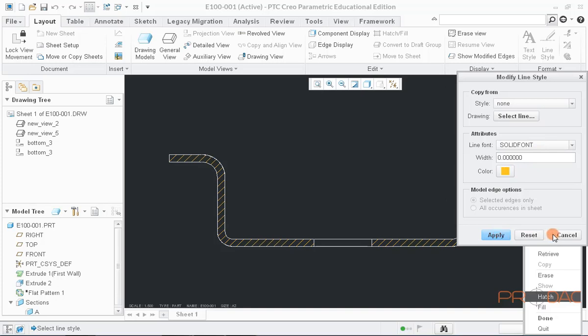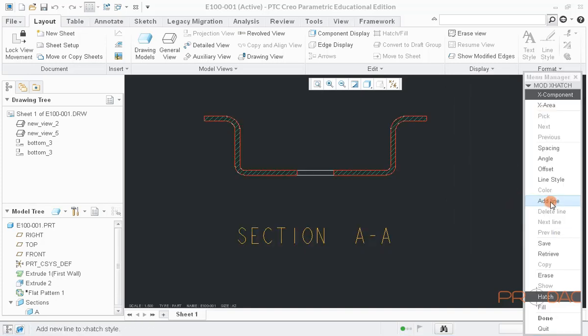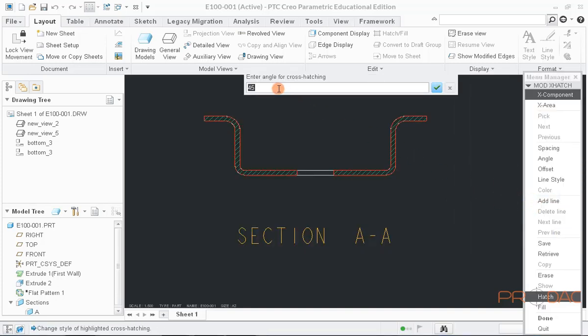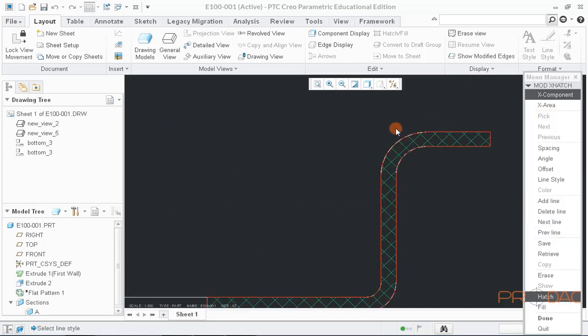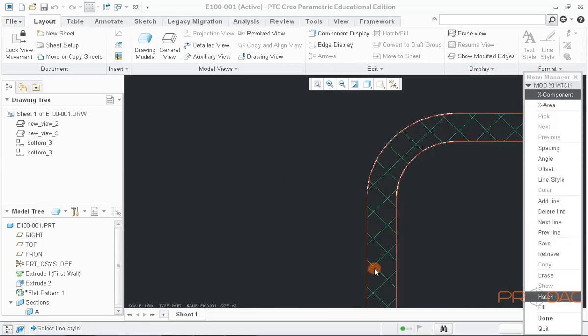We can also add additional lines in the hatch. We have provision to delete them as well by selecting Delete option.